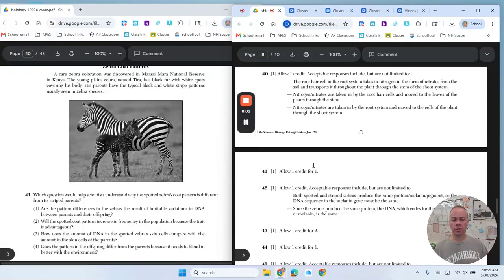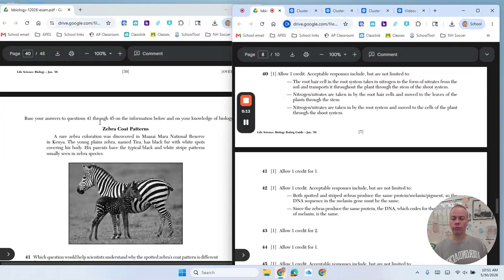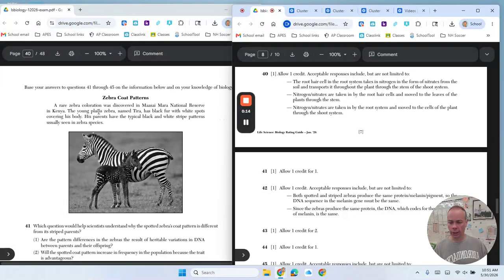Completing our scoring of the January 2026 New York State Biology Regents Exam with our final cluster, cluster number 10, which focuses on zebras and covers questions 41 through 45. So we have a little bit of reading here, and then we have a picture of two zebras. And we have a zebra that has a rare coloration with this dark pattern with white stripes rather than the